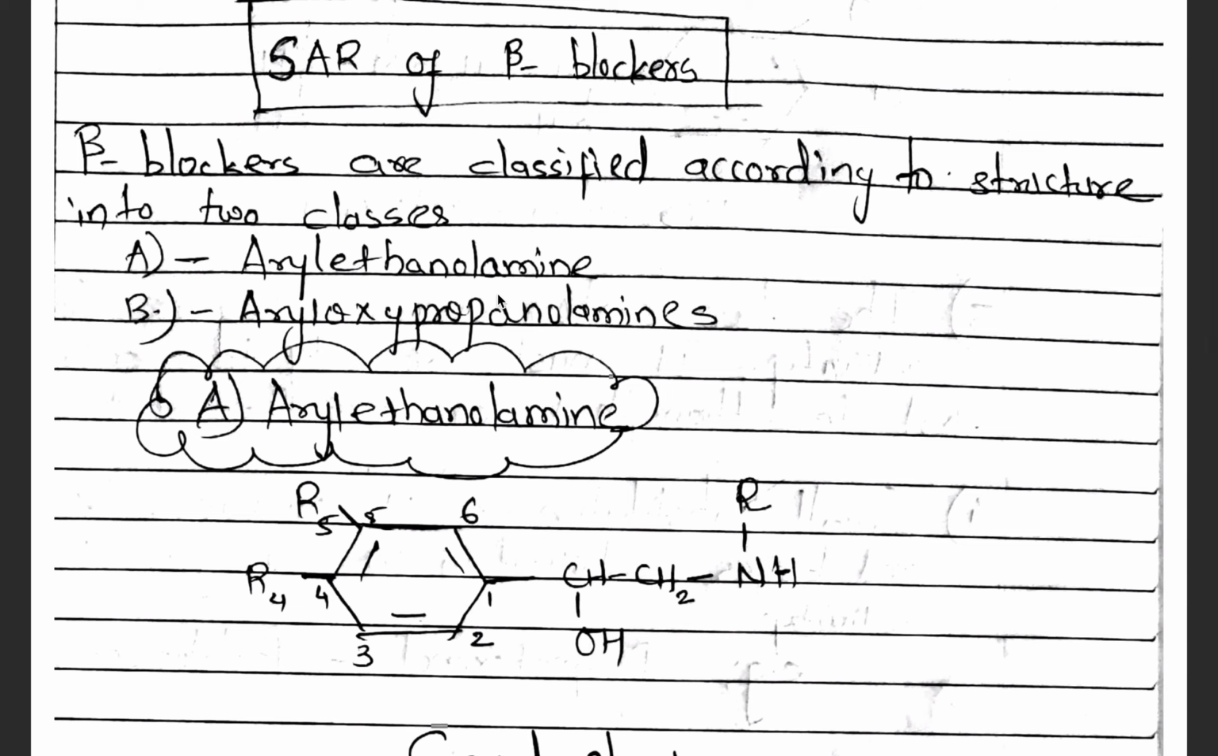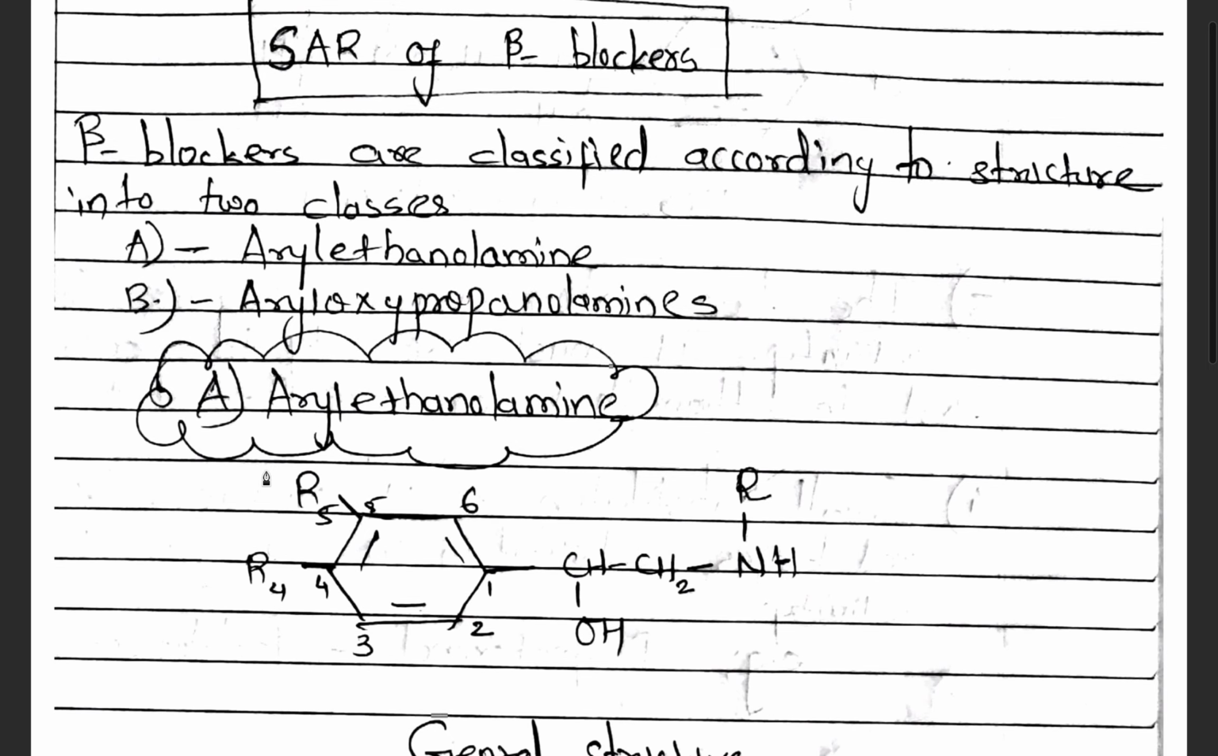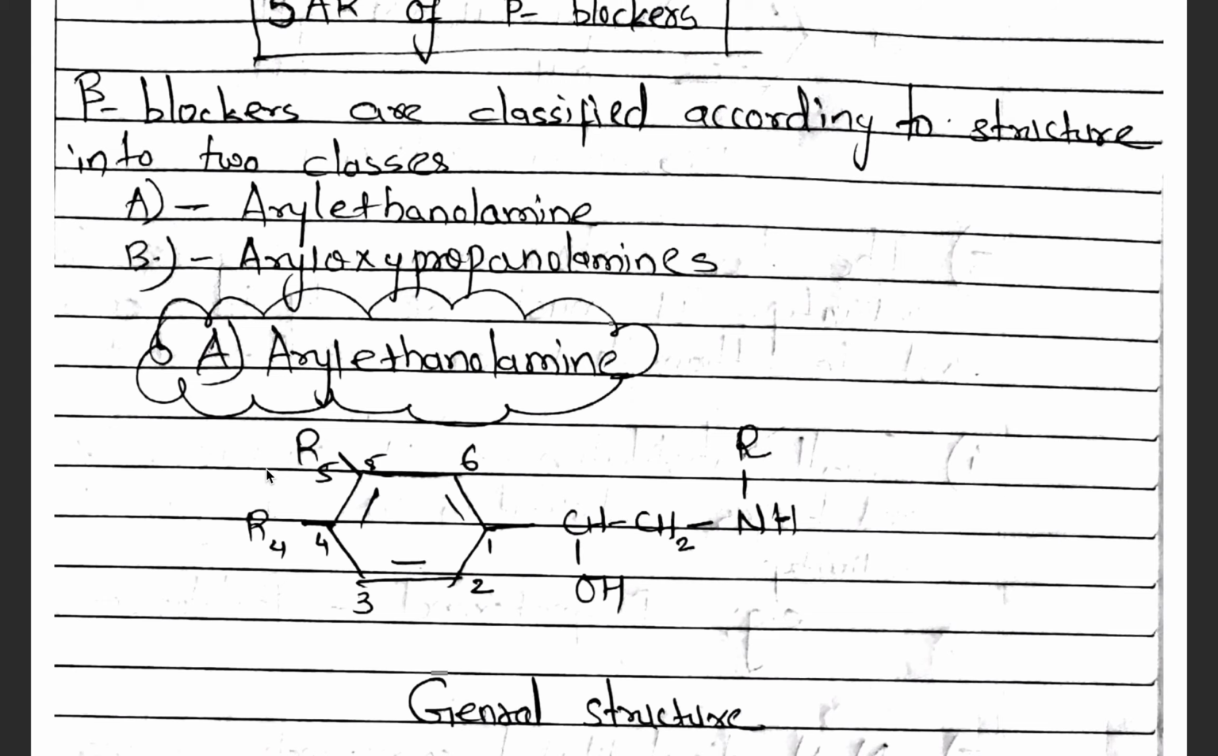Today we are going to study the SAR of beta blockers. Beta blockers are structurally classified into two types. One is aryl ethanolamine and the second is aryl oxypropanolamine. So first we'll see this aryl ethanolamine, and what changes in the structure lead to a